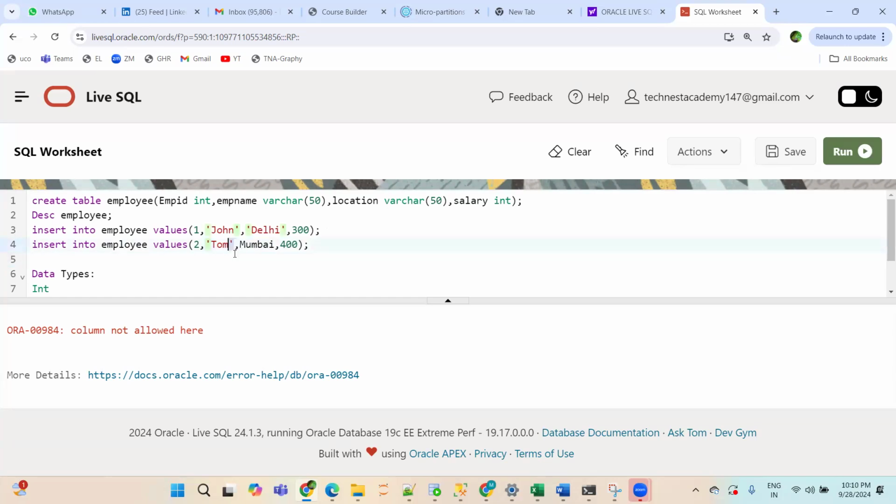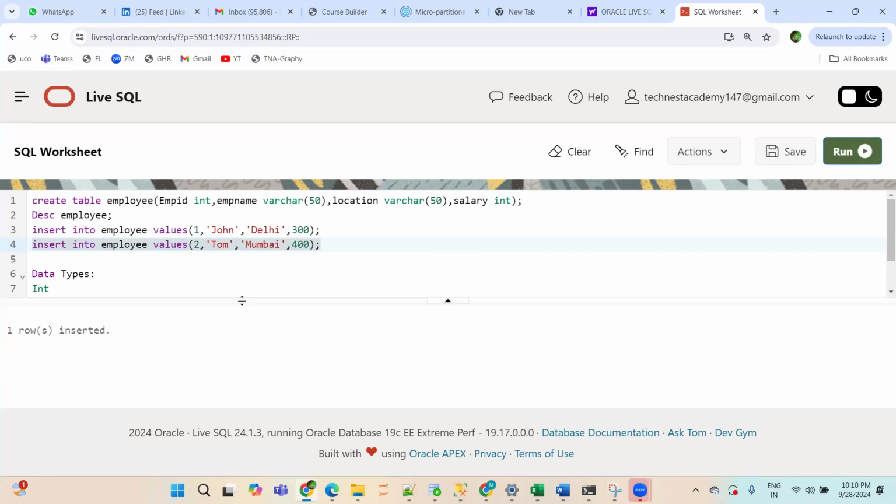Is this clear? Now I will keep the quotes. You see, when I execute it and show you, then you will feel it, and then you will understand in a better way. That is why each and everything which I'll be covering, I will show you after executing it. Nothing will be hypothetical or a virtual world. Everything will be practical. So now see, same script. Now I will execute. Now see, it is inserted. So how many records have we inserted so far?